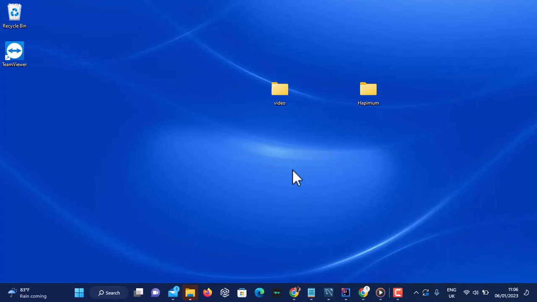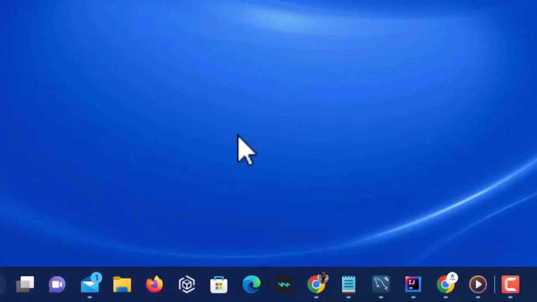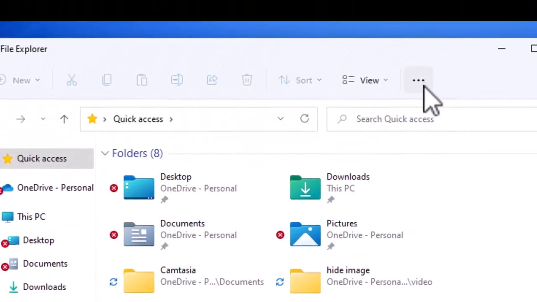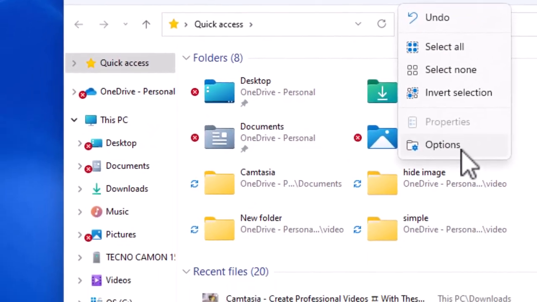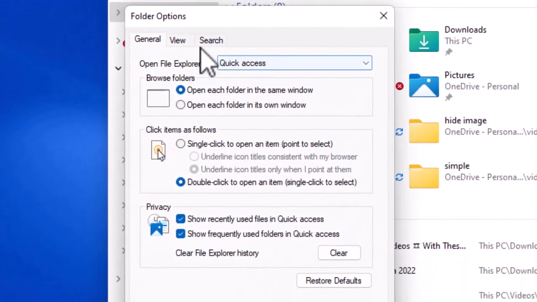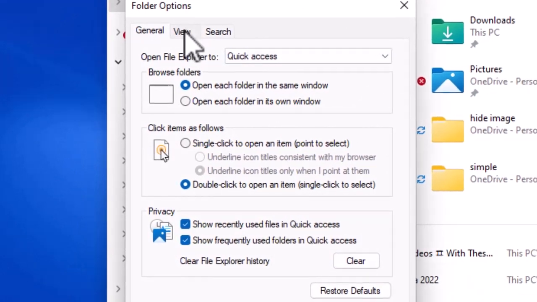The folder has disappeared. So how do you see this folder when you want to check this folder in future? Open File Explorer. Look at these three dots, click on it, click on Options, Folder Options, go to View,